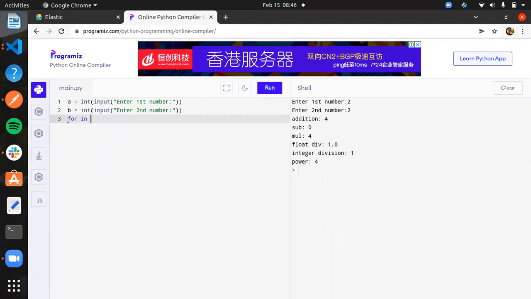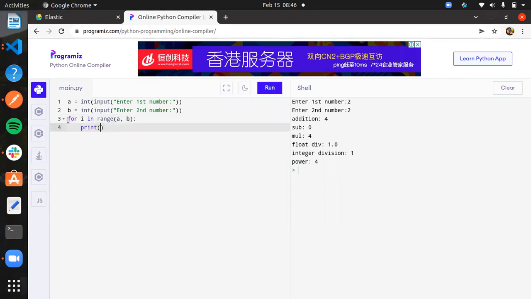So what I'm going to do here: for i in range. So here we have range, right? What is the main purpose of range? It's going to give a sequence of elements, like a list of elements, so that we are going to iterate. I will tell how the logic will work here. A comma B,